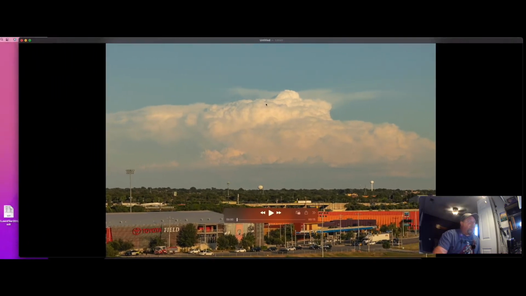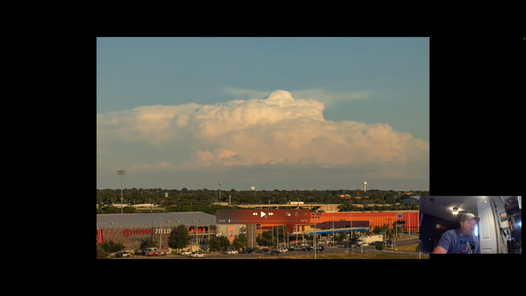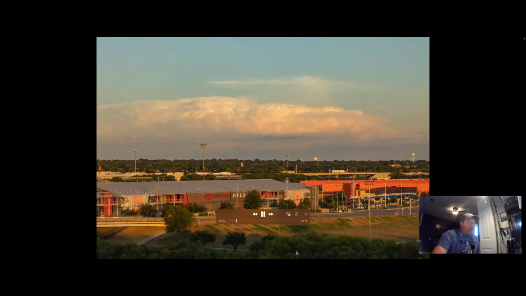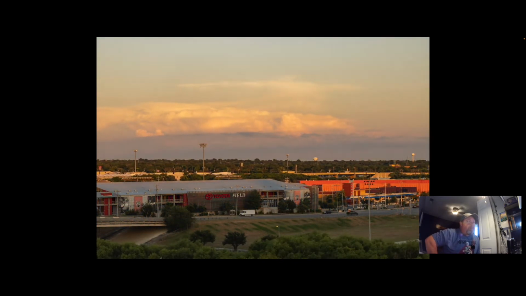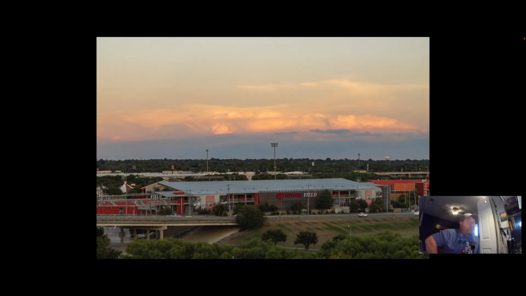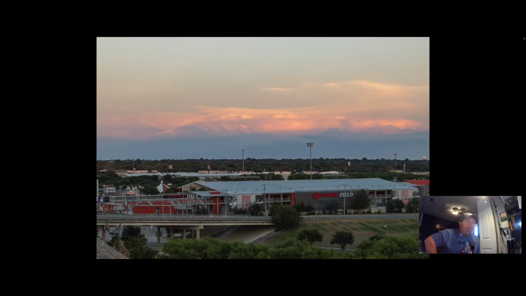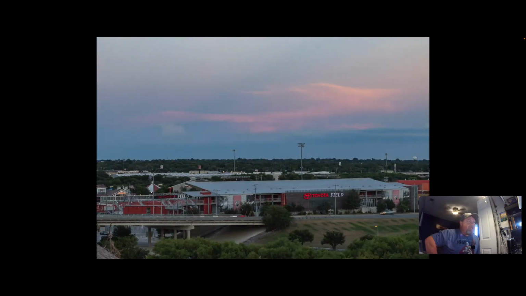Alright, and now I'm going to go ahead and open that up in about 15 seconds. This is kind of wonky, but anyway, you'll get the gist of what's going on with it. I think it turned out pretty good. Like I said, I must have hit the tripod or something was going on. I'm not sure exactly why it jumped around like that, but anyway, that's the process that I use